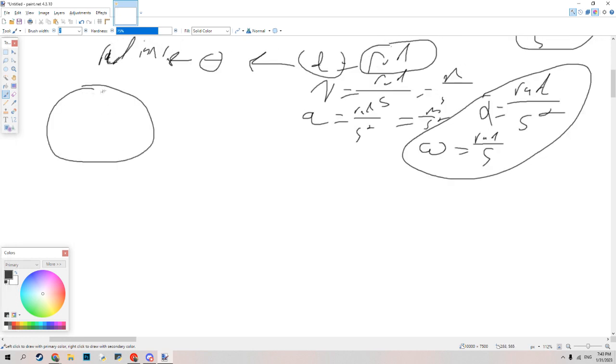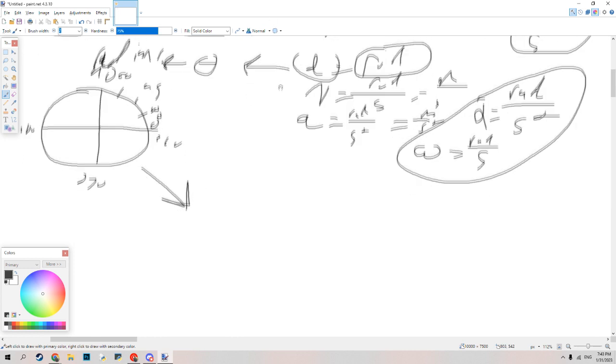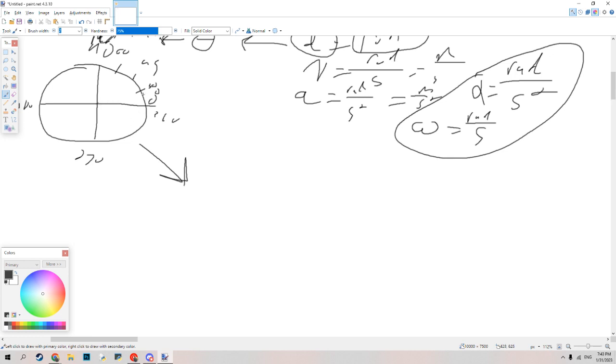Radians should be explained. I feel it might be best. This is just a normal circle. This would be 0 degrees, 90, 180, 270, and 360, right? And you just have 45, 30, 60, normal stuff. Now, if you want this in radians, which again, radians is just a different measure of angle,